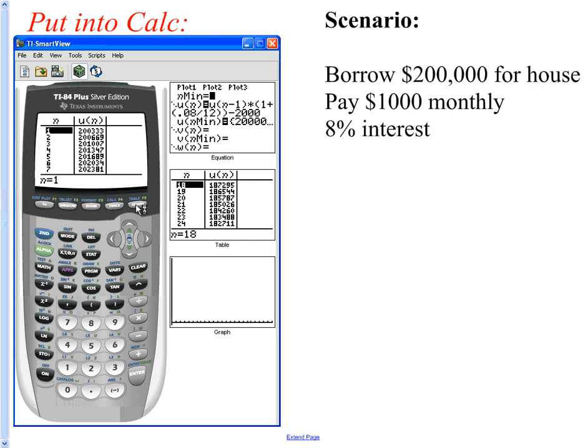Now something's wrong with this picture. When I started my first month, my initial month's u sub 0 is 200,000. But then after I've made this payment of $700, or sorry, of $1,000, I still end up owing more than I did before. Yes, the interest rate. At 8% interest, there's so much interest that you're paying that $1,000 isn't even paying off your interest. So we need, unless we want to never pay off this loan,